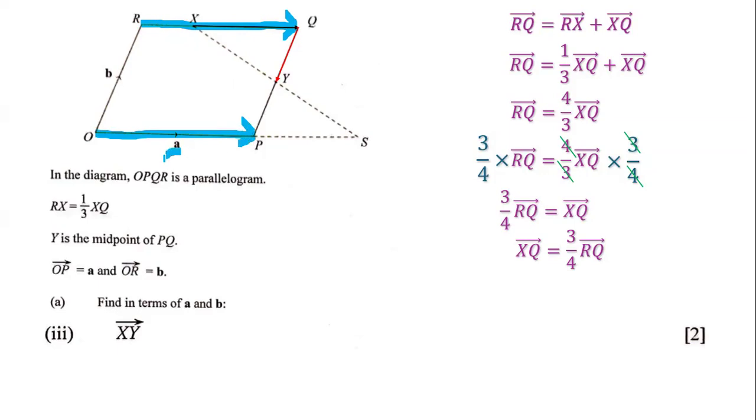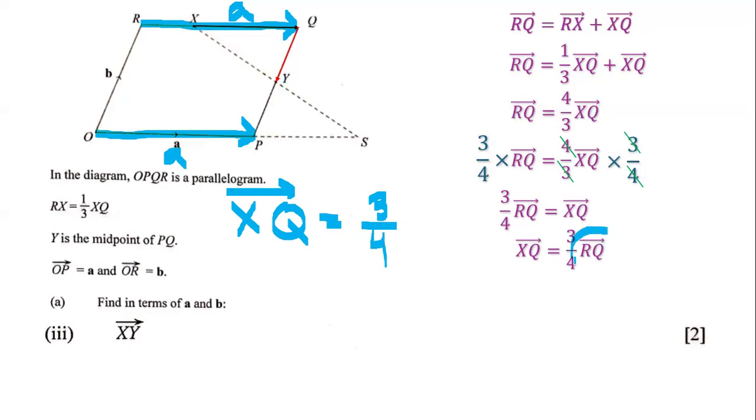a. So if this is a, that means that r cubed must also be a as well, because you're looking at a parallelogram. These two sides are equal and these two sides are also parallel to each other. So if OP is equal to A, that means that R cubed is also equal to A. And so what does that mean? That means that X cubed is actually equal to 3 over 4